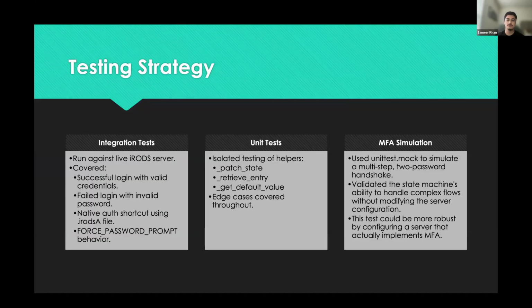So once I was able to implement this protocol in Python, I moved on to testing. And my testing strategy can be broken apart into three categories. The first one is integration tests. So these were run against a live iRODS server and covered full flows. So for example, successful login with valid credentials, failed login with invalid credentials, and then also a native auth shortcut